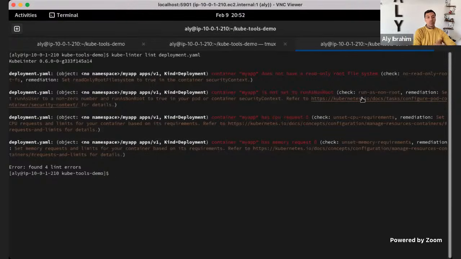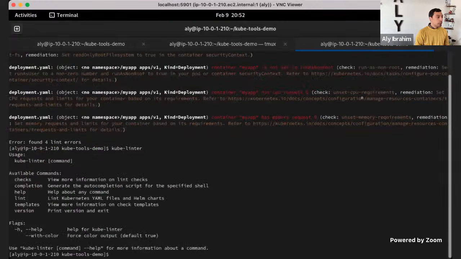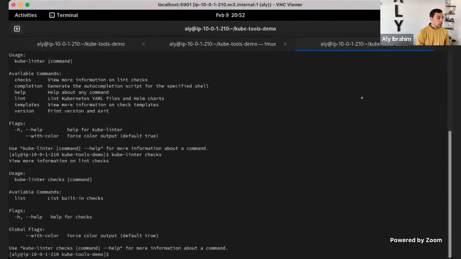So if you don't know best practices very well, this would be very helpful in the beginning to scan your YAML and give you a way of handling it. There is a way to see, I think, enter, and I think checks will show you what the checks are.